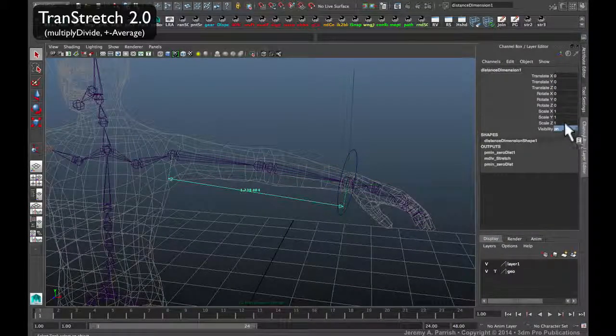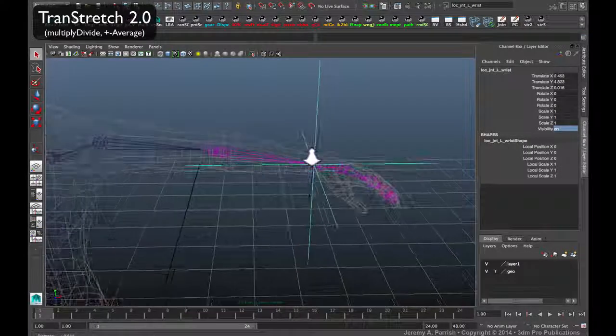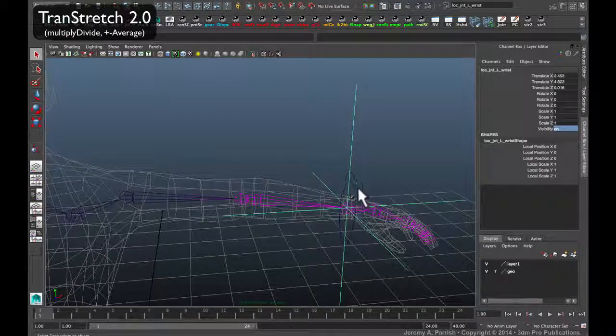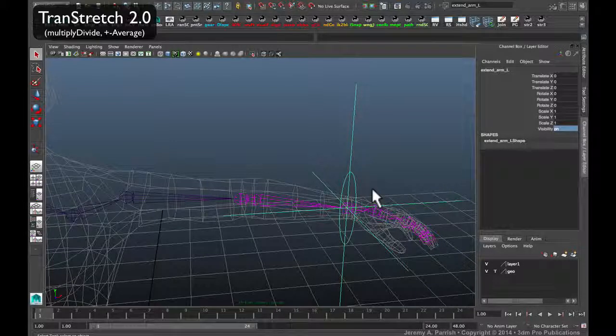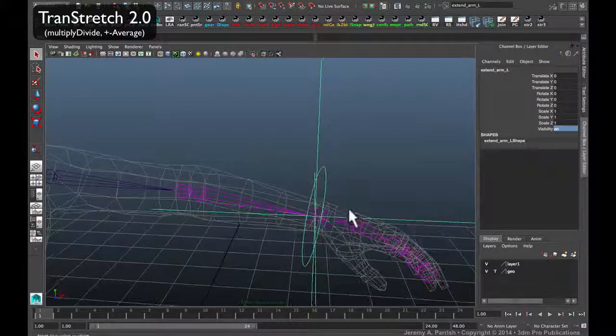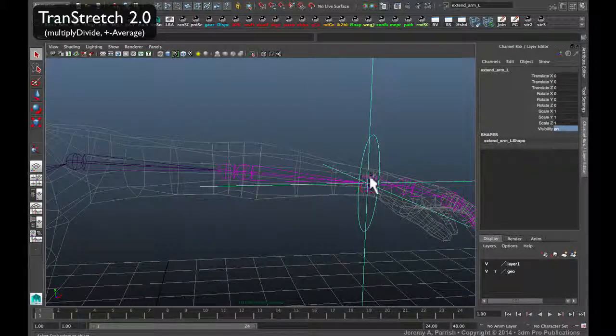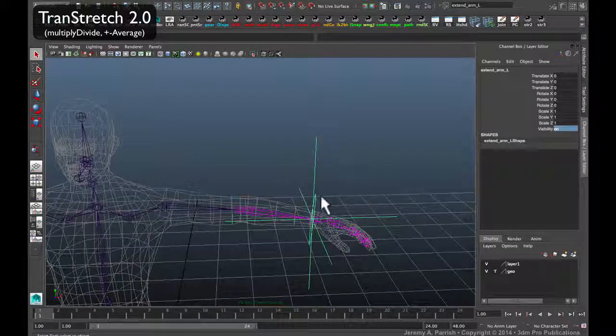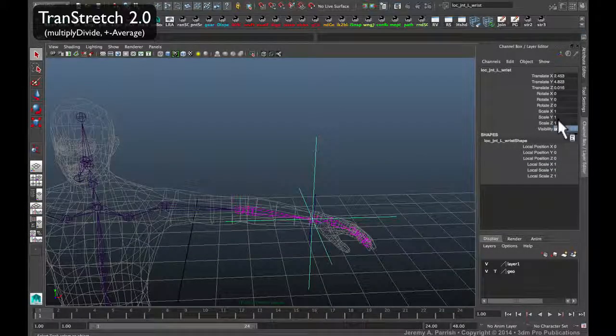And then you can set the distance to 0, and then the locator nearest the wrist. Once again, you can do the same thing. You can point constrain this one, or you can actually parent it directly to whatever control you're going to use to control the stretch. If you're going to use the IK control to do so, that's fine. If you actually want to maintain a separate curve control, that's fine. But something that's going to have it follow and stay aligned with the wrist and hopefully your IK handle. But of course, once it's anchored, simply set its visibility to 0